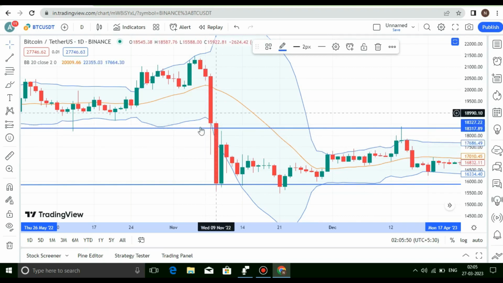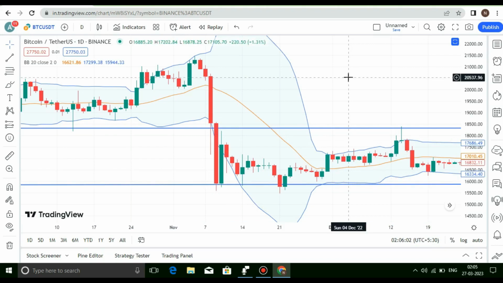So you can see a tail over here, and then it retraced itself back. In another attempt, it crossed this line and fell to the support zone of 15,900. So this is a clear example, guys, of how these support zones work. You can predict the market very well by applying these support zones and the Bollinger Band indicators, and using that indicator